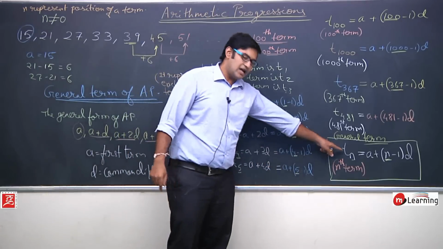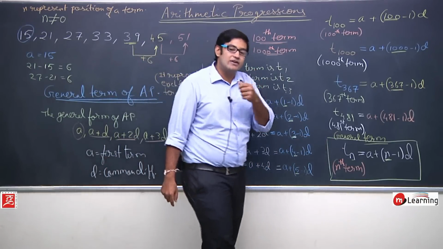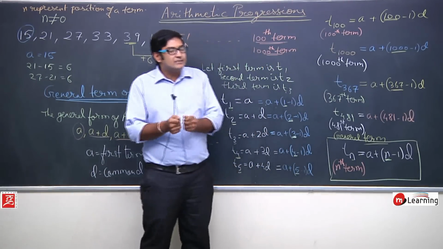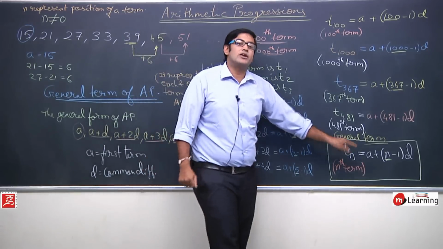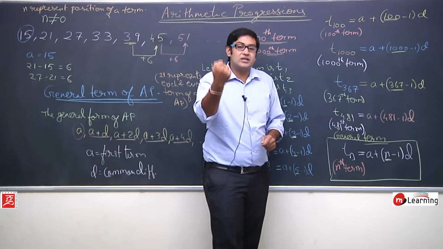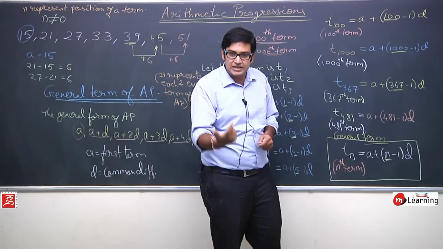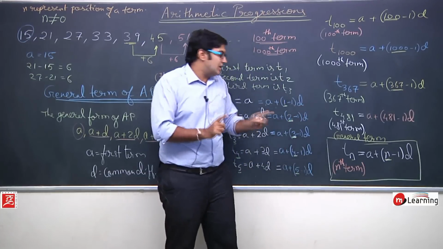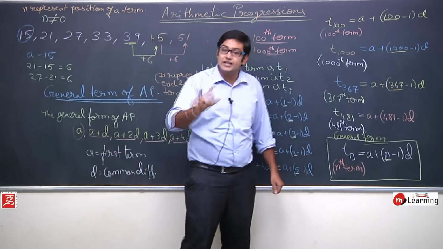सेकेंड चीज, क्या n का वैल्यू 0.5 हो सकता है? क्या n का वैल्यू 1.5 हो सकता है? क्या n का वैल्यू कोई फ्रैक्शन हो सकता है? क्या n का वैल्यू कोई डेसिमल हो सकता है? जस्ट ट्राई टू अंडरस्टैंड दिस. इफ आई से n इज इक्वल्स टू 3.5, so n represents the position. So can you imagine 3.5th position? क्या आपकी क्लास में किसी को 3.5th रैंक मिलती है? 3.5th पोजीशन किसी की होती है? नो. इसका मतलब n का वैल्यू डेसिमल नहीं हो सकता, n का वैल्यू फ्रैक्शन नहीं हो सकता.